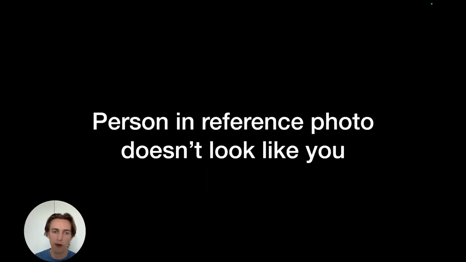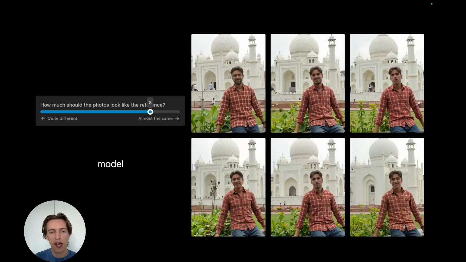Now, if the person in the reference photo doesn't look like you, just another example here, what might happen is that if we use the same settings where the prompt is just model and we have the slider all the way to 8, some of these photos turn out fine, but others, for example, I get a big beard here. This is not a big problem if it only happens some of the time, but if you find that the reference photo of someone else who doesn't look like you really messes with how you look,